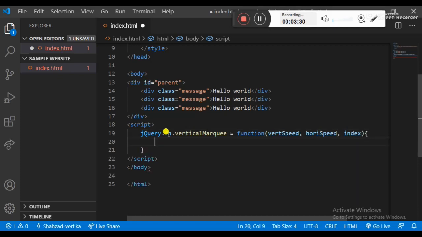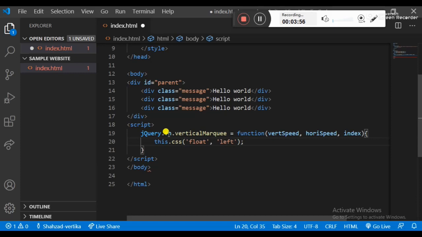What should happen here? The CSS property float, which you are familiar with, should be left. This is the value of this property, left, and we apply the semicolon here.